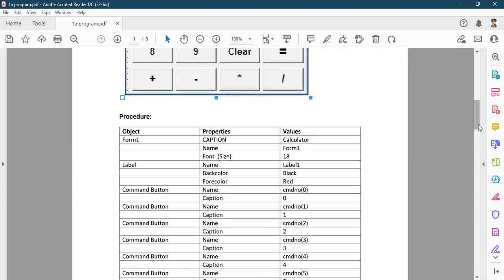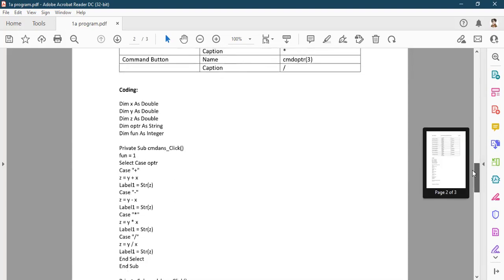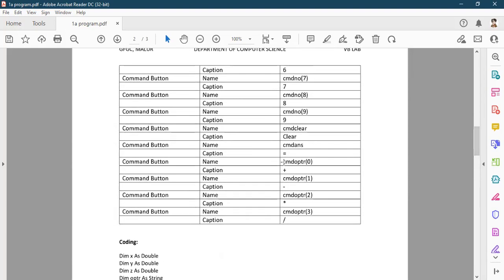Then command buttons. When we see this clear command button, I have given the name CMD clear. I have changed two properties. One is name. In all the programs we have done so far, we didn't change the name, but in this program we will change the name also.